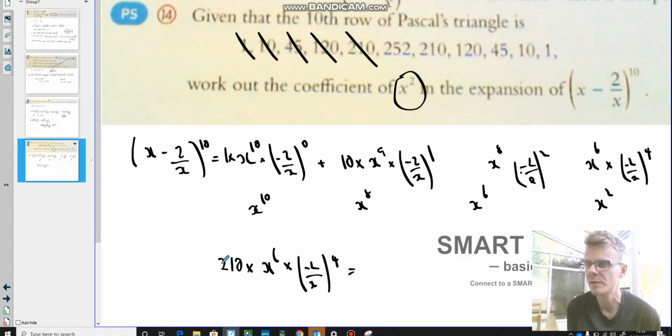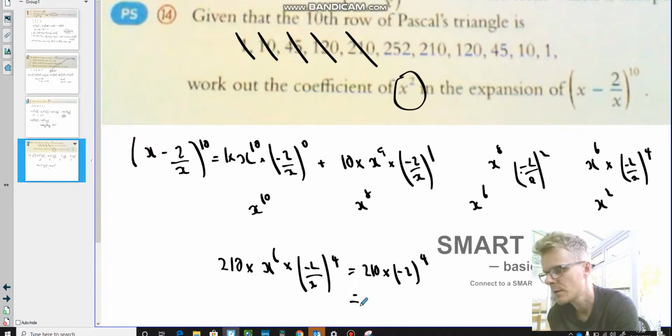So the coefficient is going to be 210 multiplied by minus 2 to the power of 4, so that's going to become positive 16, so it's 210 times 16. I'm going to my